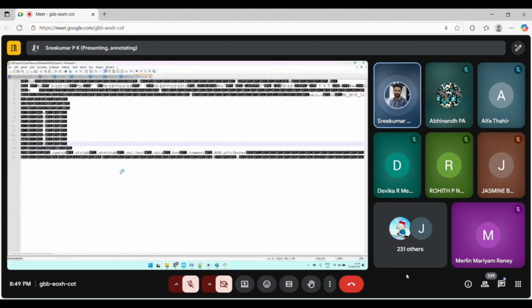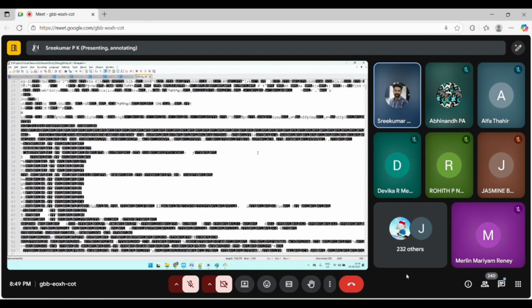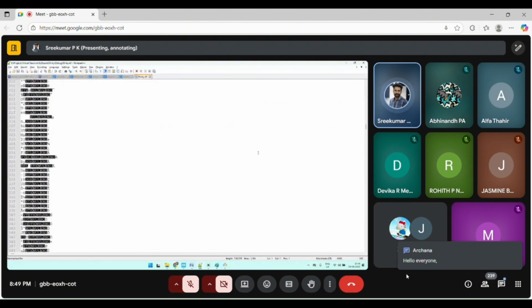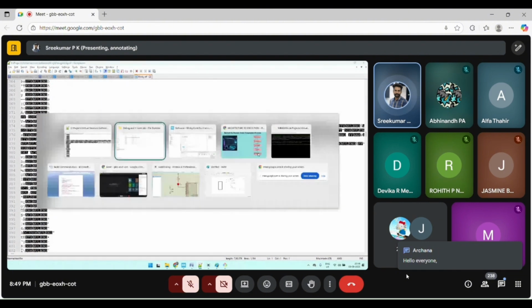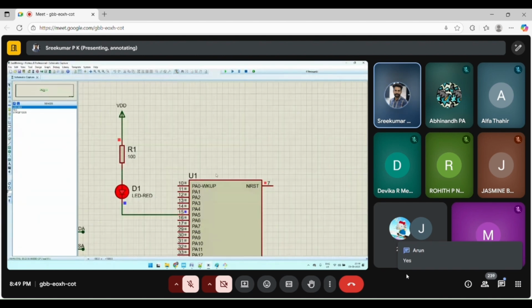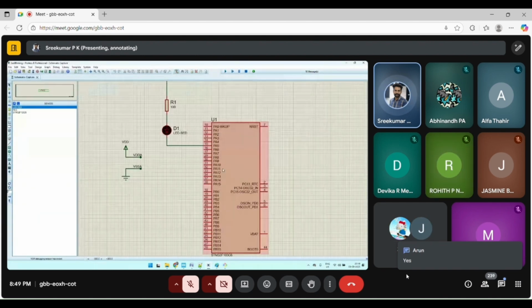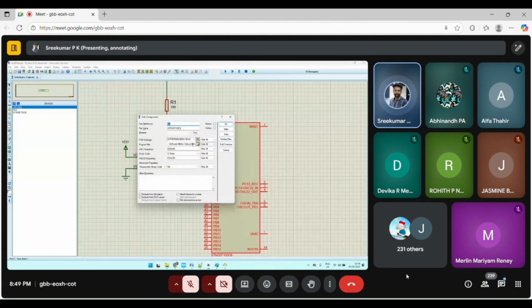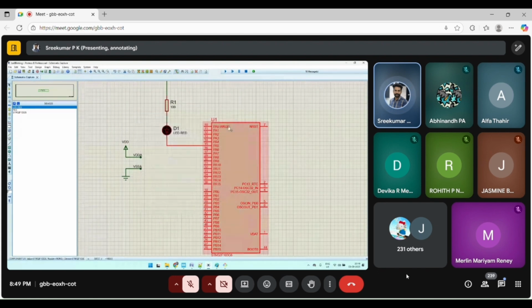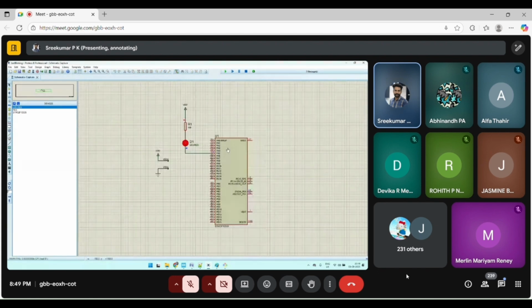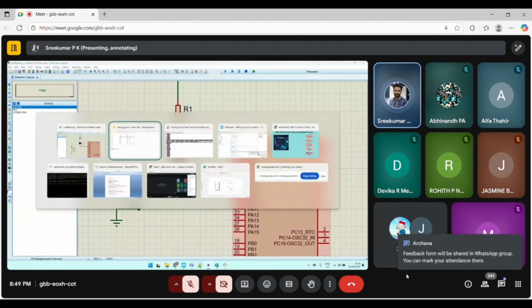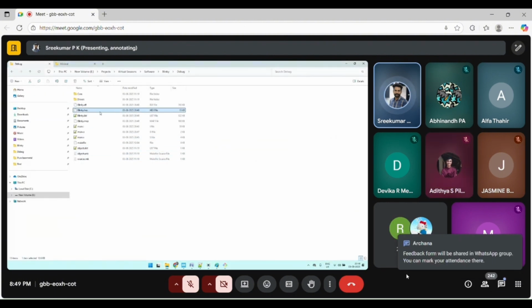I am trying to open that also. See, this is that ELF file. The ELF file contains so much information which will help you for debugging. Also, it can be used for execution. Let me show you. See, this is the microcontroller, and here in properties, I am allowed to load the ELF file. This is for debug purpose only. See, it executes.